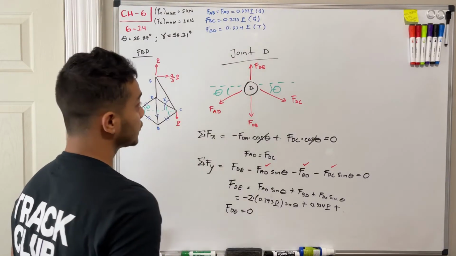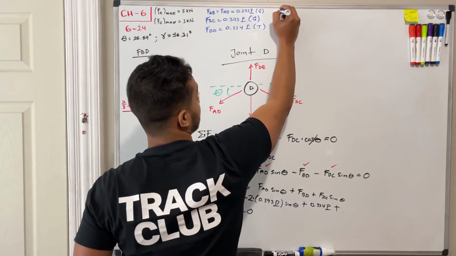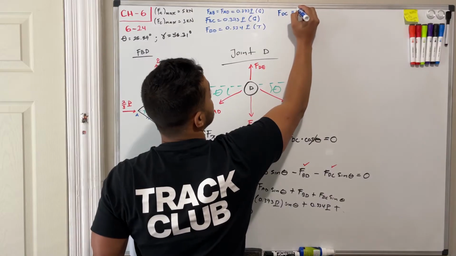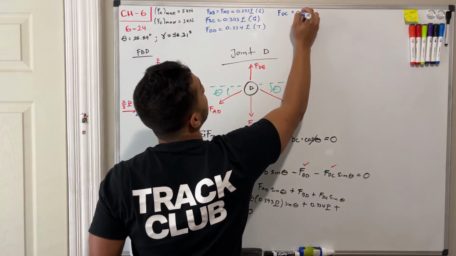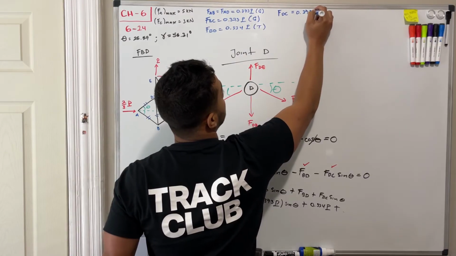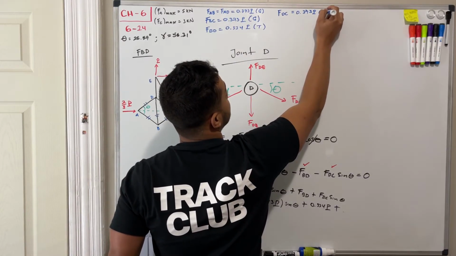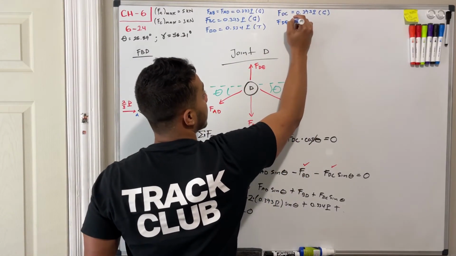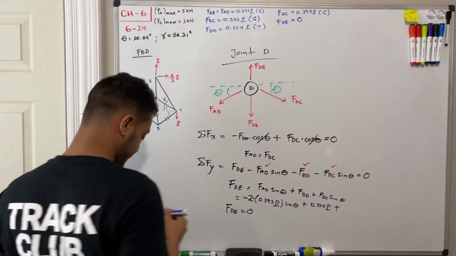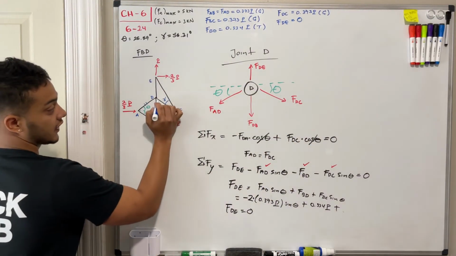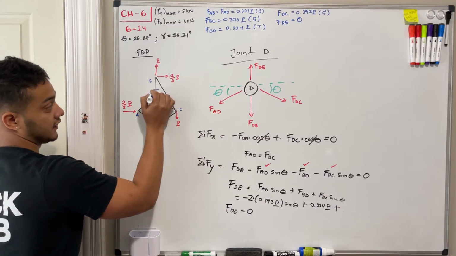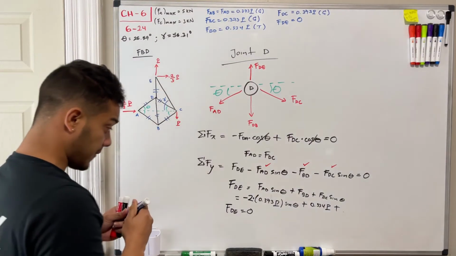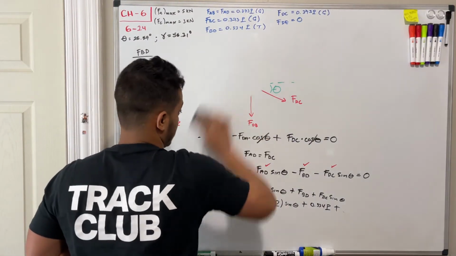Okay, so we found two more members. I'm going to write them over here. My force DC equal to my force AD, which is 0.373 P in compression. And we also found that FDE is equal to 0. Okay? So if we come here again, we figure out DC and DE. All we need is EC. Okay? So we're going to erase this again